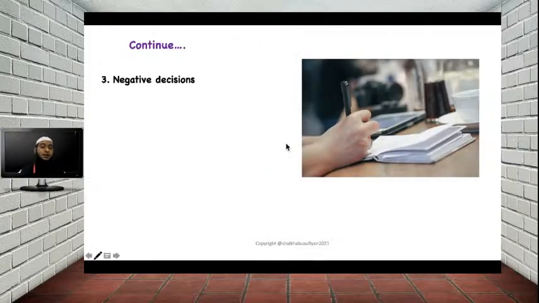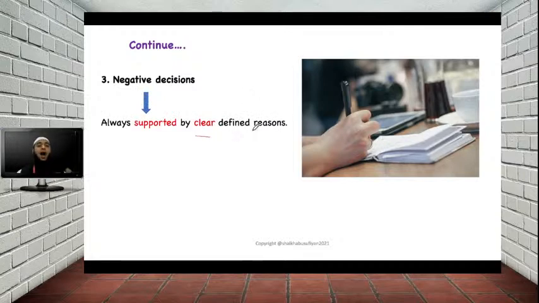In addition to this, it is possible that when you have taken the decision, sometimes the decision is positive, like you are telling the investigator to go ahead with the study, but sometimes the decision may be negative as well. If any negative decision is there, then such a negative decision must always be supported by a clearly defined reason why it is being taken. That must be clearly justified so that he may go back and provide some additional data if needed, or he may be convinced that the negative decision is taken in favor of the participant,